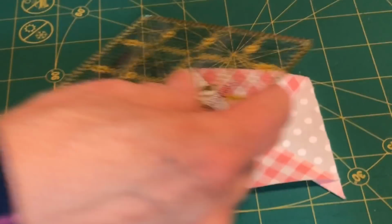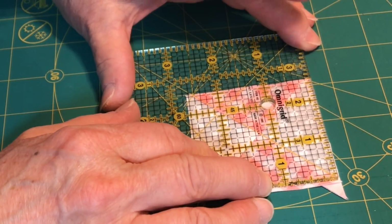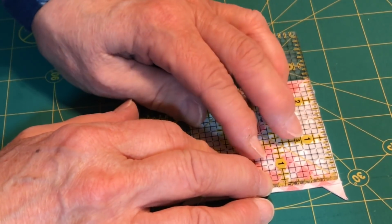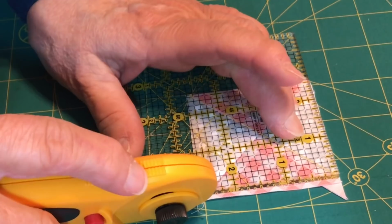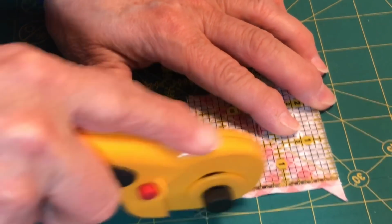All right, let's get this, and let's go. I'm going to try it this way first, and then I'll come back. I just won't go up that side. We'll just do each side. It's going to take longer, but...